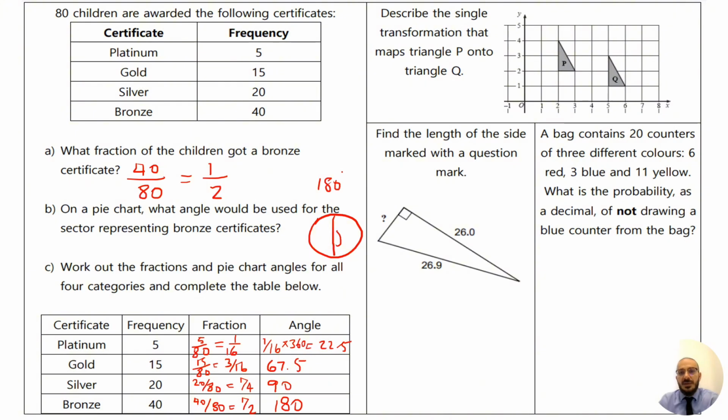Now, this next question, I'm going to look at this describing a single transformation that maps triangle P onto triangle Q. I can see that from P to Q, I am going down 1 step and going along 1, 2, 3 steps if I was to just compare these two points. So if I'm going down 1 step, remember this is a translation, so you're just moving the shape from one place to the next. So therefore it's going to be a translation by